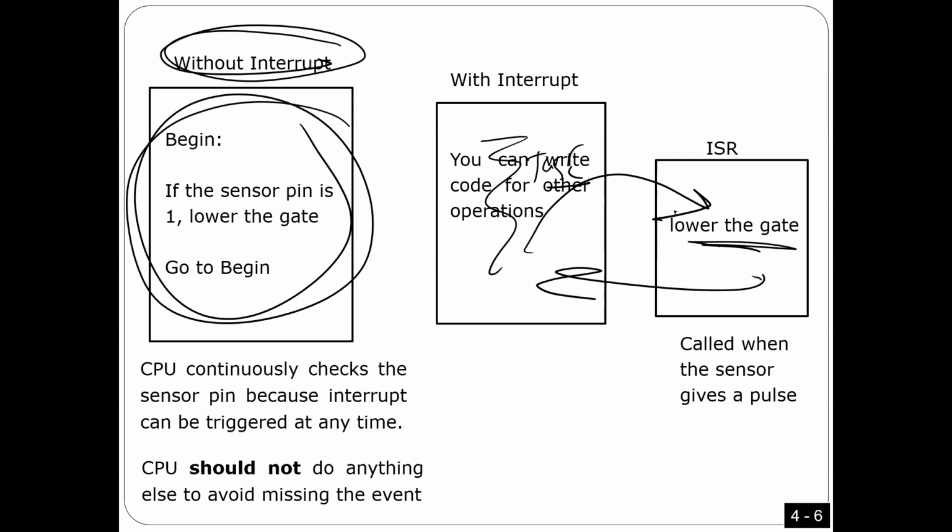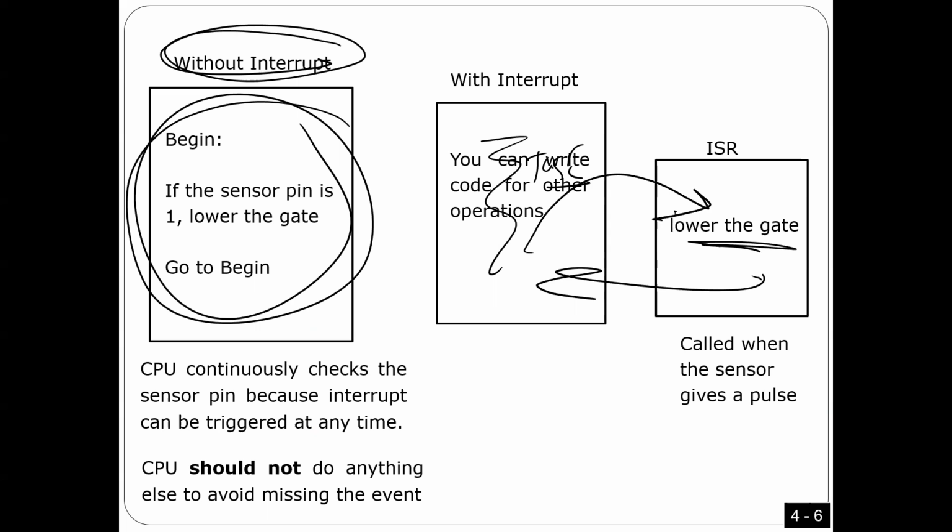Because of interrupts, I'm not going to waste my time checking for the event. I'm not going to do that because it's done automatically by the hardware. I'm not going to take any time from the CPU to check the pin to see if there is an event or not. The CPU is going to do one task here, and once the event comes,